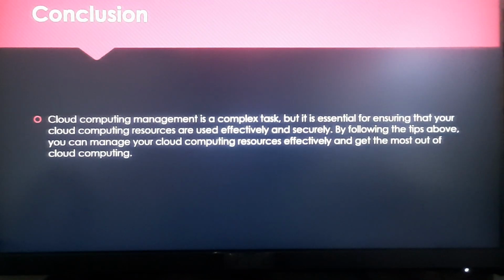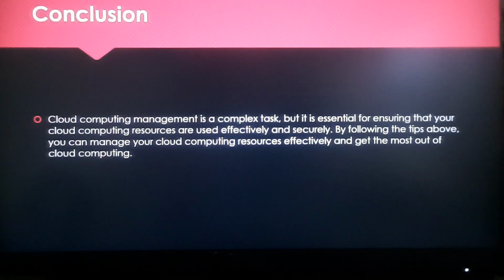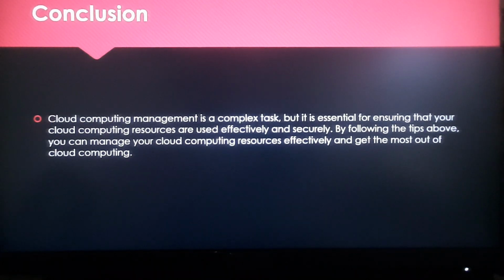In conclusion, cloud computing management is a complex task, but it is essential for ensuring that your cloud computing resources are used effectively and securely. By following the tips above, you can manage your cloud computing resources effectively and get the most out of the cloud